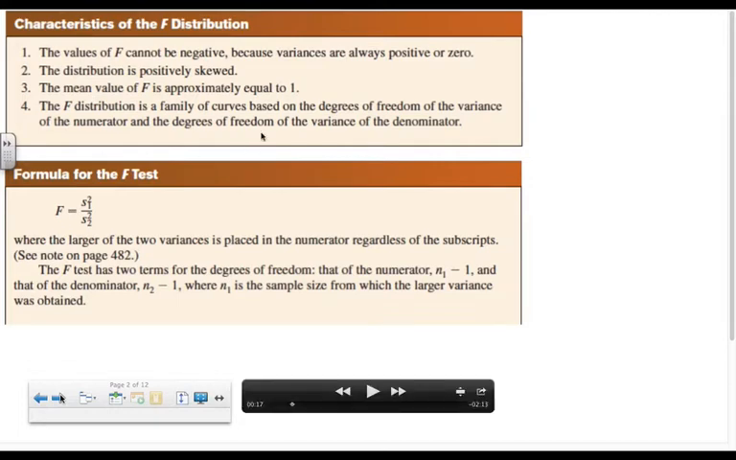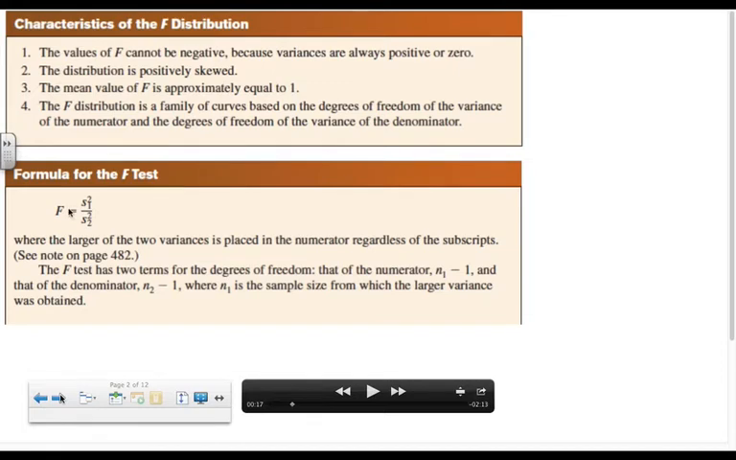Okay. So a couple of things. This is the test you're going to run. It looks really basic, okay? This is nice. So the F-test is going to be the standard deviation of one sample squared over the standard deviation of another sample squared. Now, it doesn't matter which one you have first listed. The larger of the two variances is always placed on top because that's how we're going to get our F